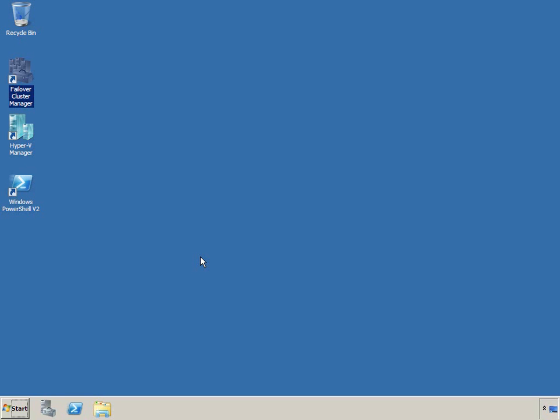So this first demo was a real simple, quick demonstration just showing you how simple it is to do a live migration in Hyper-V. Now, what is a live migration? A live migration is a move of a running virtual machine, a live virtual machine, from one clustered node to another. So using Windows Server 2008 R2 and the new capabilities around clustered shared volumes and technology like that